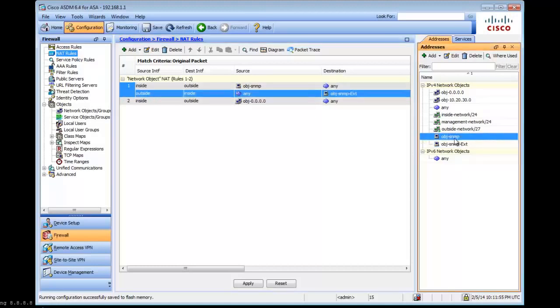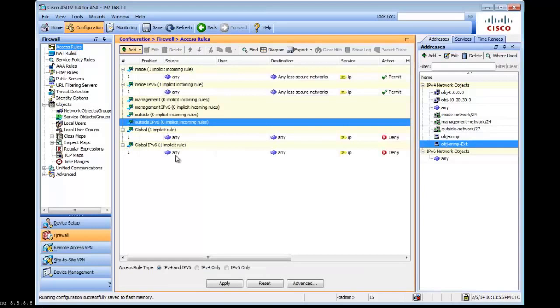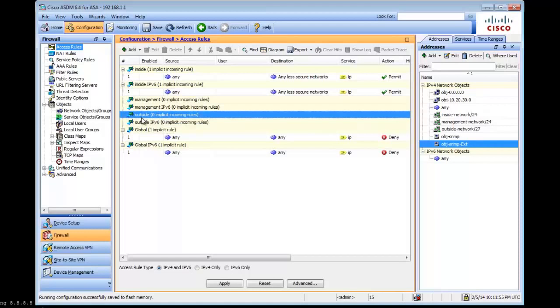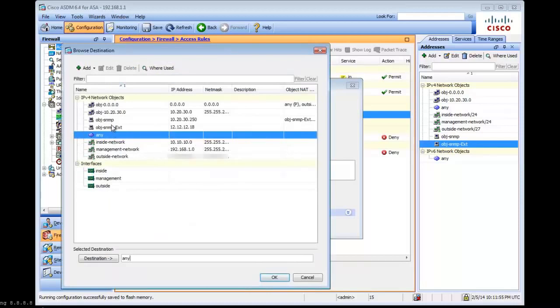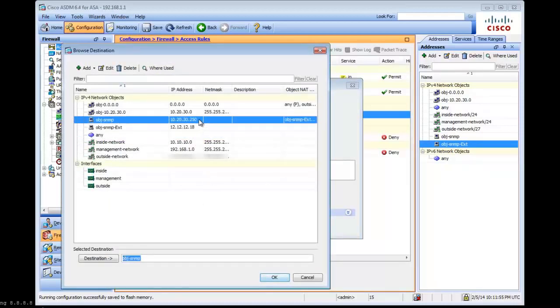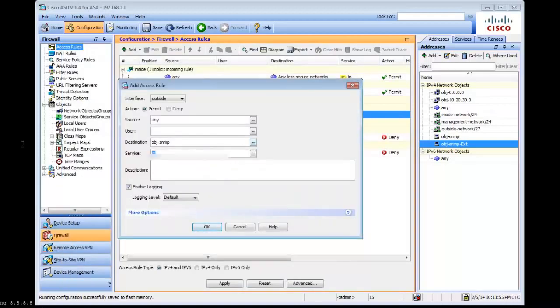So now we have given this server a public IP address. Well, the next thing we want to do is create an access rule that specifies what type of traffic can hit this external IP. For that, we can click on access rule up here, and we're going to highlight outside, click on add access rule, and we're going to say source anything going to, and that is your inside IP. Hit OK, and the only thing I want allowed is